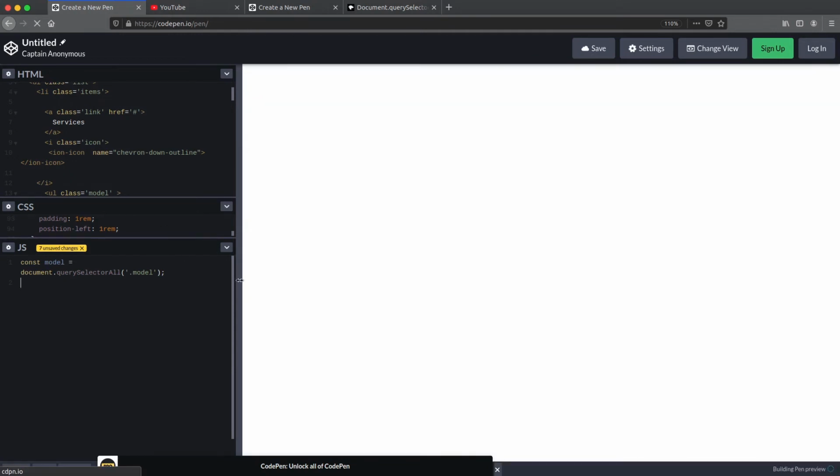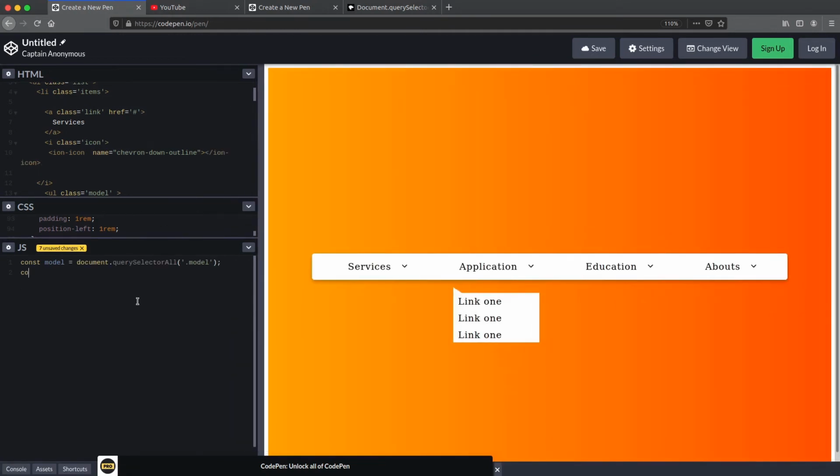Just increase it. And why are we writing the same thing again? Just copy this and duplicate it 2 times, one for links and one for icons, actually icon.